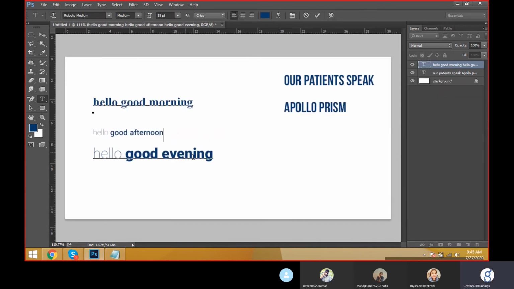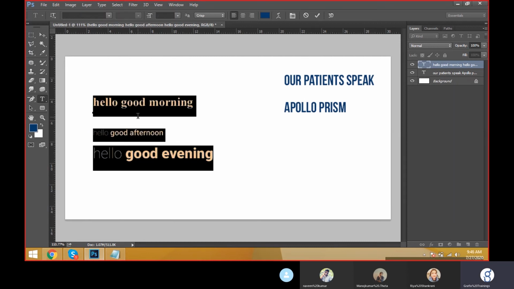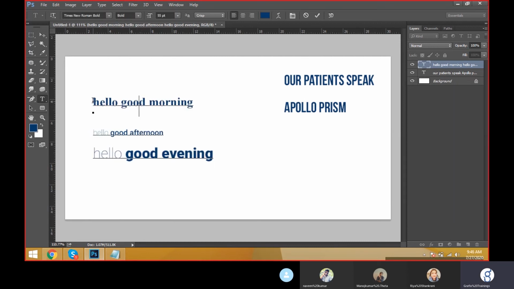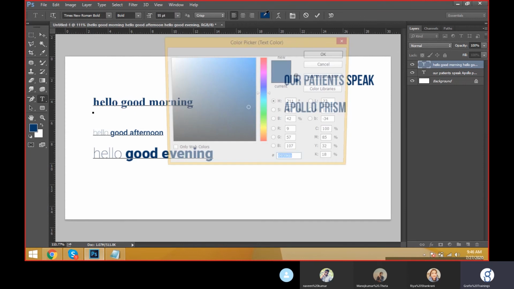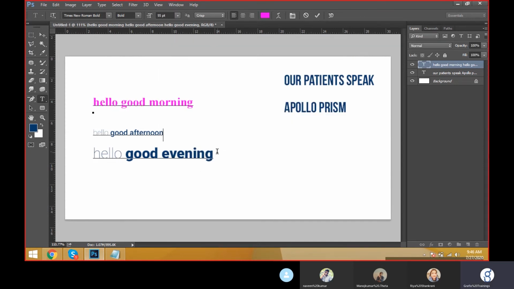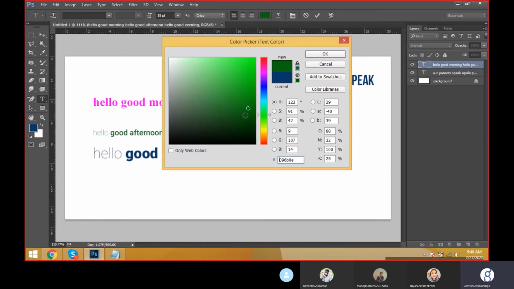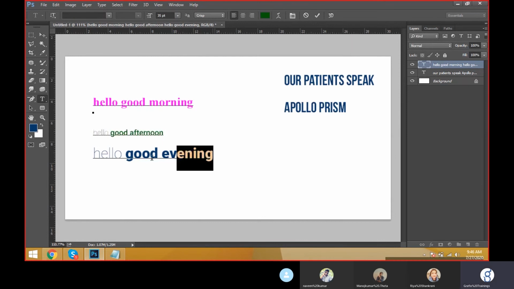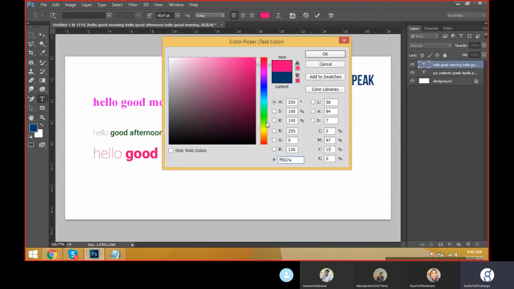Like this. And the font, we can take all the fonts the same, or otherwise I have to change this color. Select this one and you can change this color, and select this one again, you can change this color, and select this one, you can change this color.